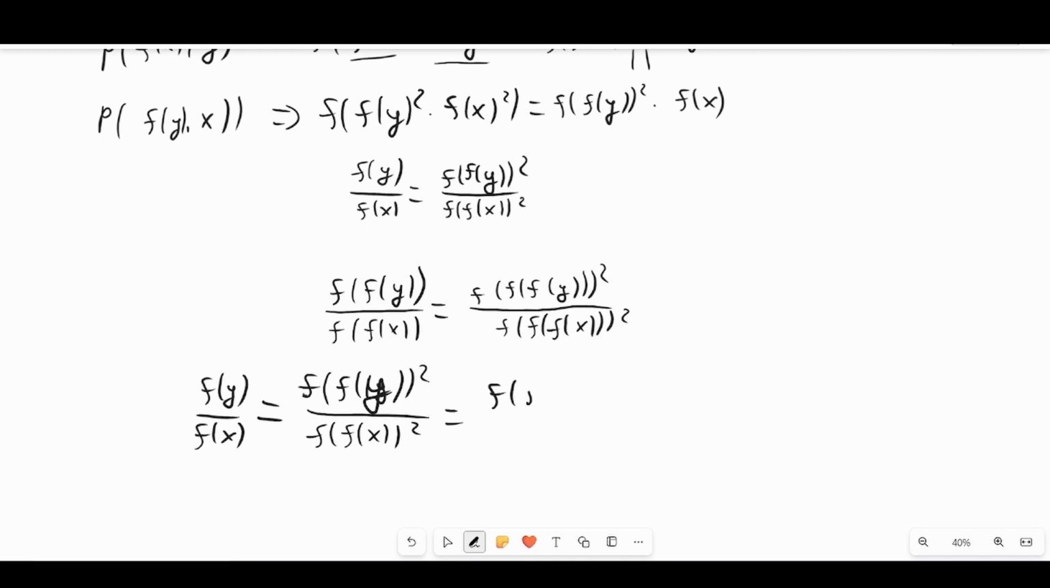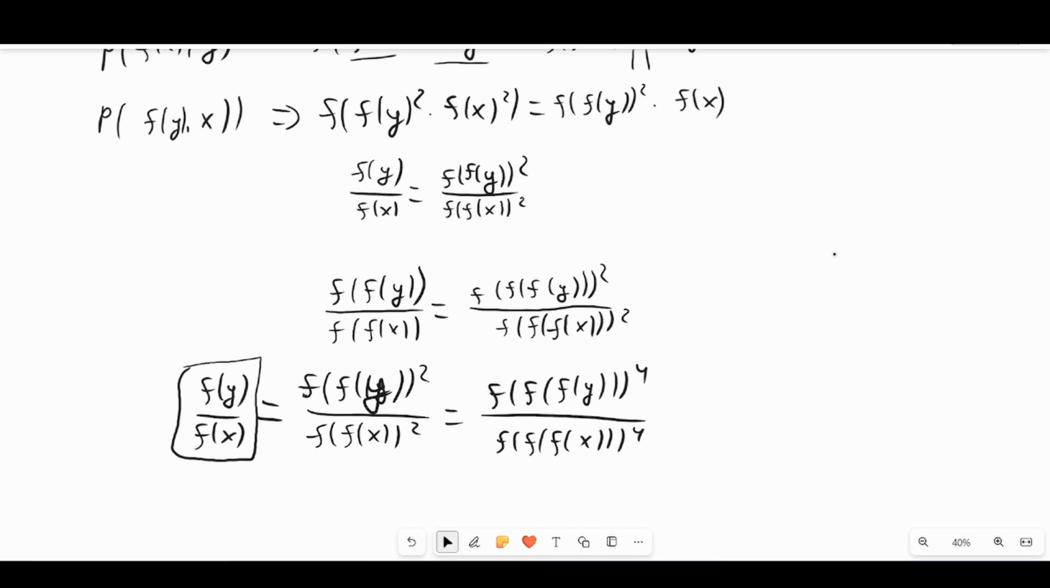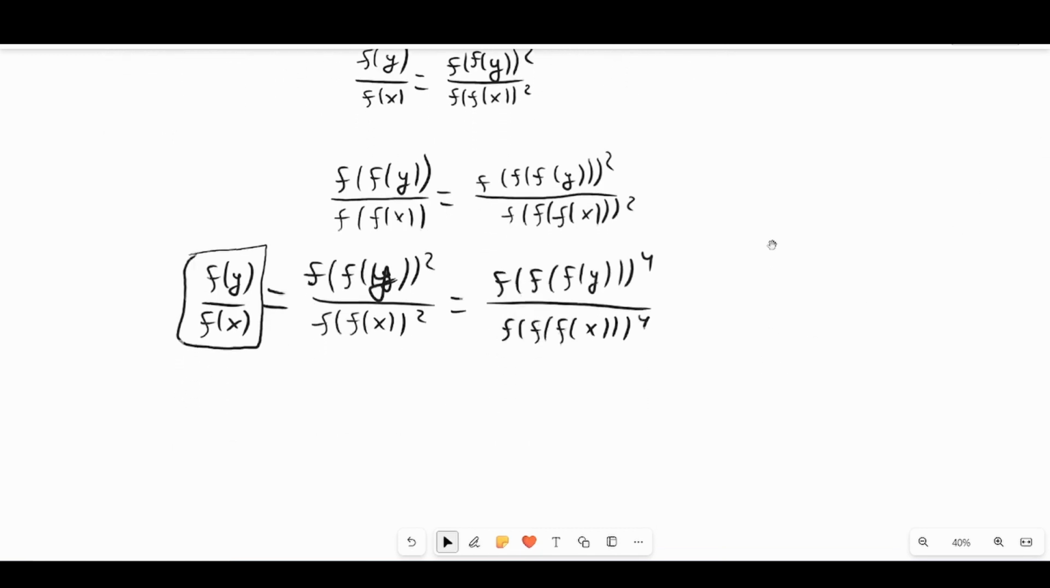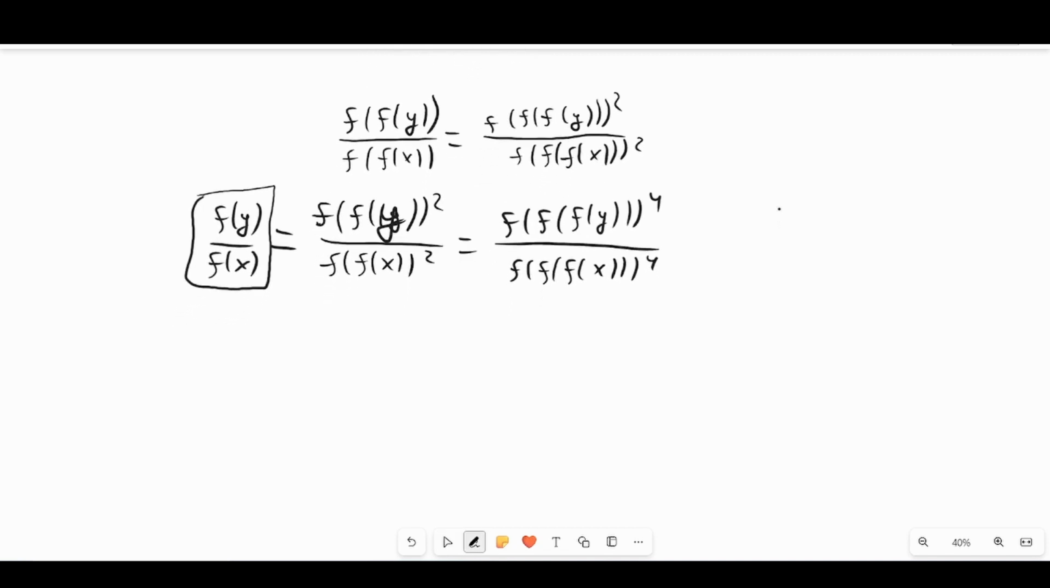but this also equals f of f(y) to the 4th power over f of f(x) to the 4th power. Now we can get that if we fix y and x, f(y) over f(x) can be taken to the 4th power from this number also. If we continue this process inductively, we get that f(y) over f(x)